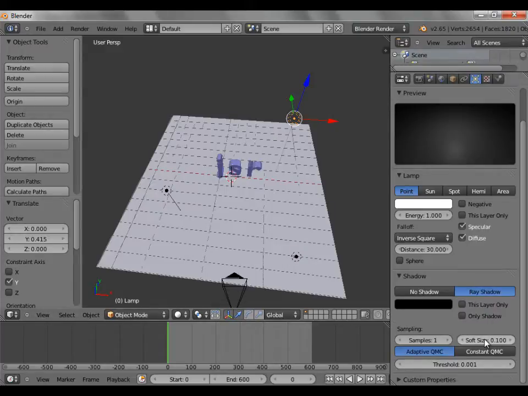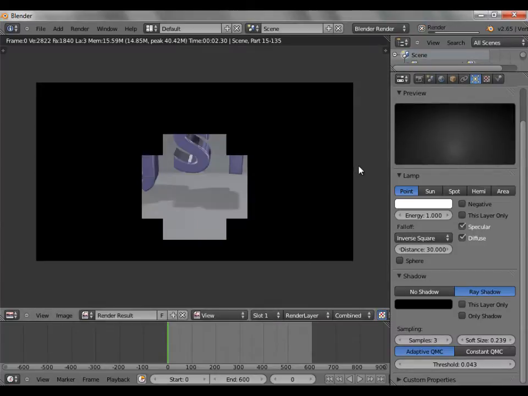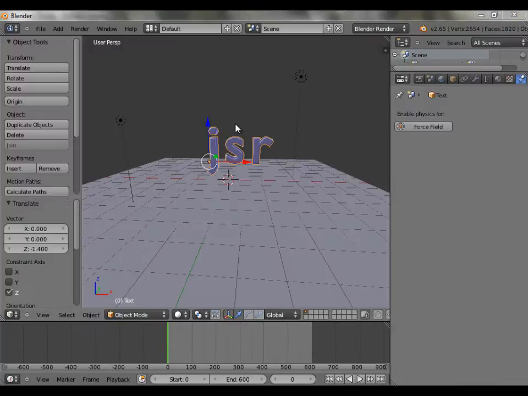So let's add some soft size, maybe samples, maybe 2 samples. I have a great computer, powerful computer, because I'm rich, so I'm gonna put 3. Okay, maybe some threshold. I'm just playing around with this, guys. Let's see. Okay, now to make this work, you have to change the object type of this guy to a